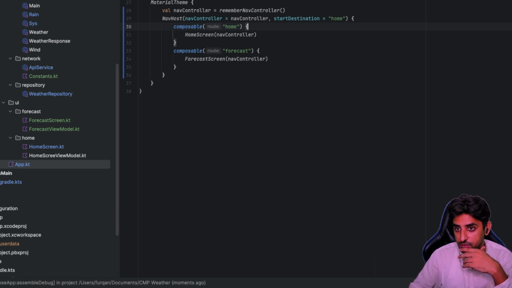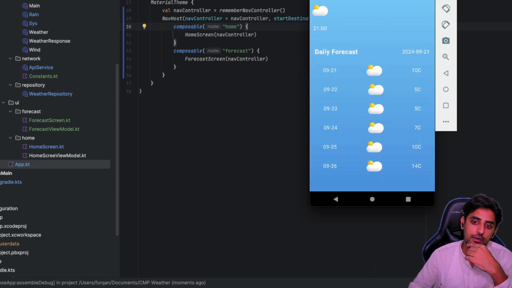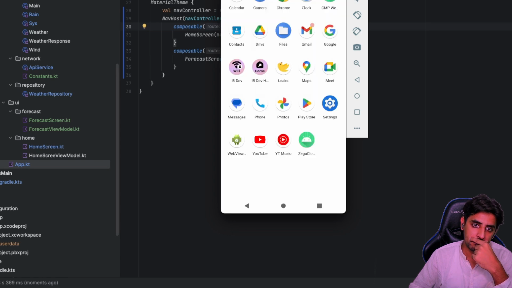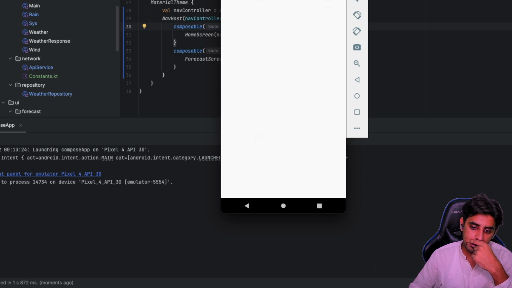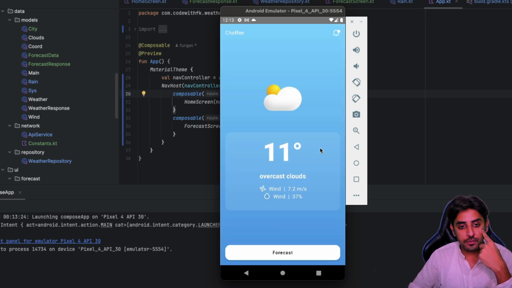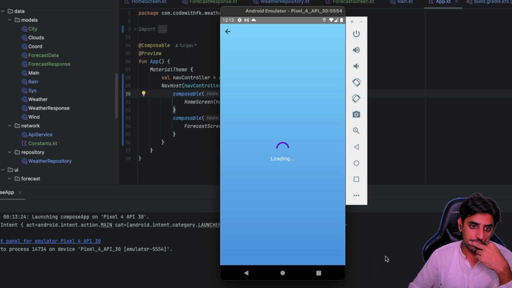Now let's just run the code on Android first, and then we'll rerun it on iOS as well. So okay, this is basically how it shows. It shows that it's like 11 degrees right now. Now let's go to forecast,